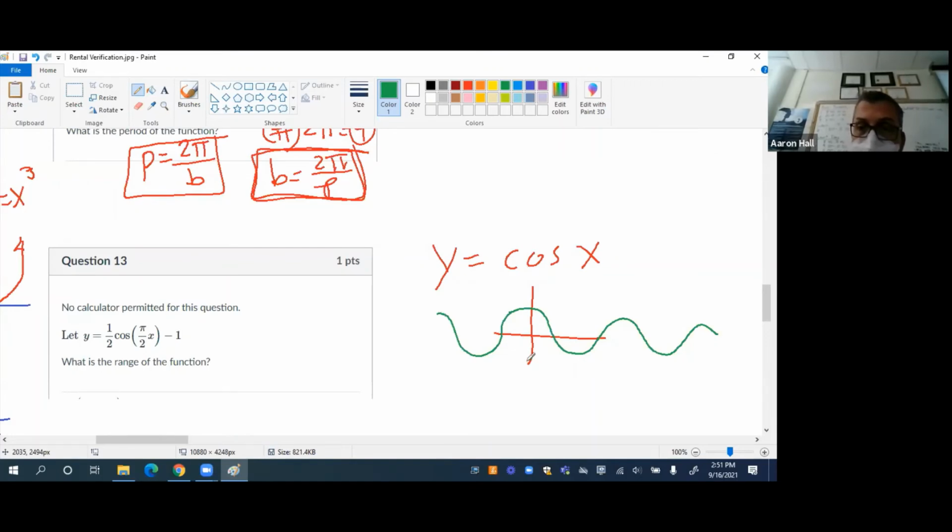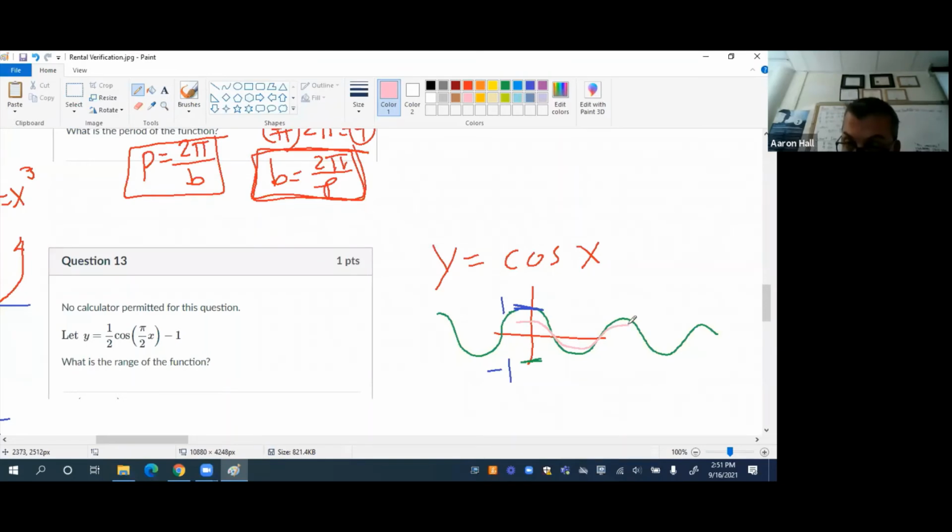What are my max and mins? -1 and 1. Yep, we're going from -1 to 1. But now there have been some transformations. One thing was that the amplitude is 1/2. That's what Riley said. So if our amplitude is 1/2, then now we suddenly have a graph that looks like this,